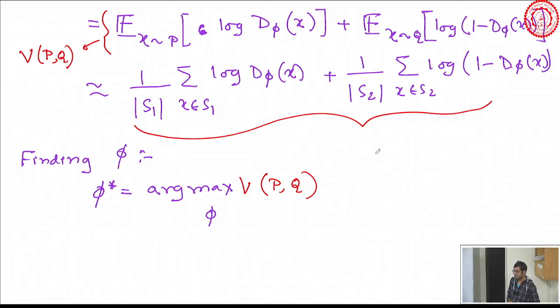Because you are getting one KL divergence between p theta and p theta plus p theta by 2. The other KL divergence is between p theta and p theta plus p theta by 2, and minus log 4 you are getting because by 2 I asked you to do. So if you remove the minus log 4 term, the remaining two terms are 2 times Jensen-Shannon divergence, which is also known as the symmetric KL divergence.